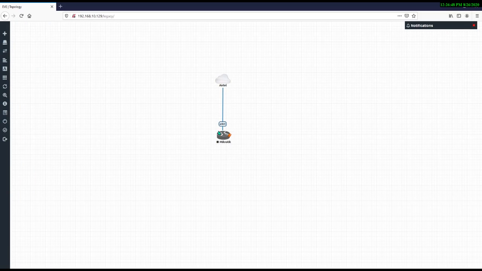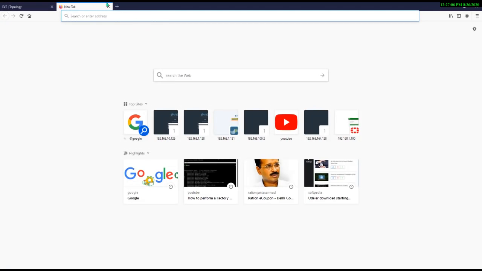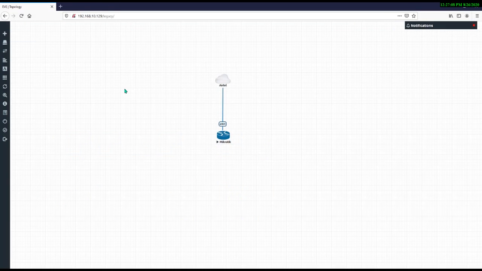And now I am going to start the MikroTik. Just click on the start button, and for accessing this I need to download Winbox. Winbox is a tool by which you can access your MikroTik. You can also access your MikroTik in your browser via HTTP or HTTPS, but I am going to do it on Winbox, so I need to download it.